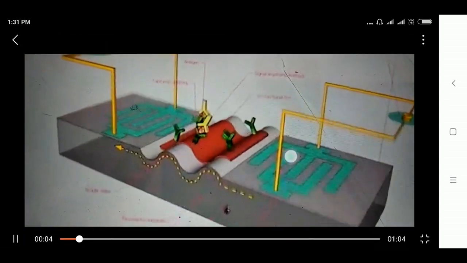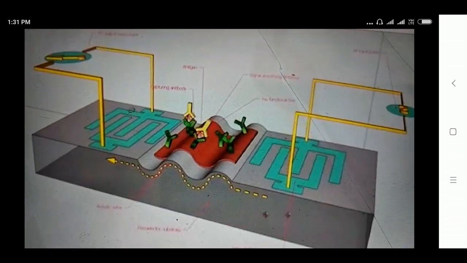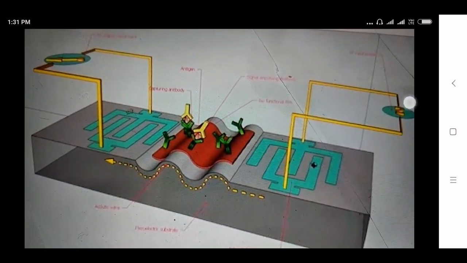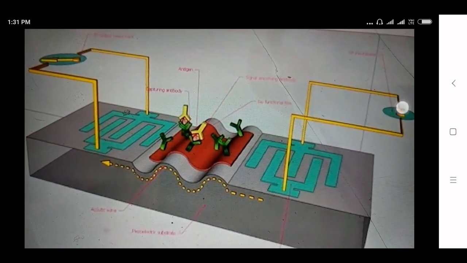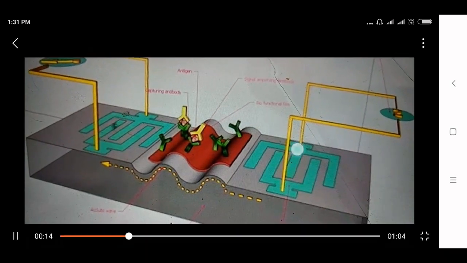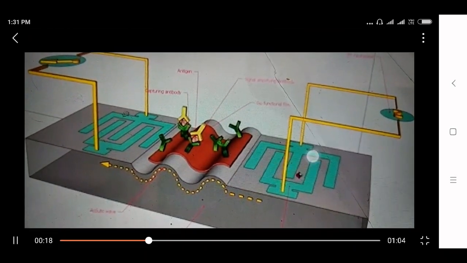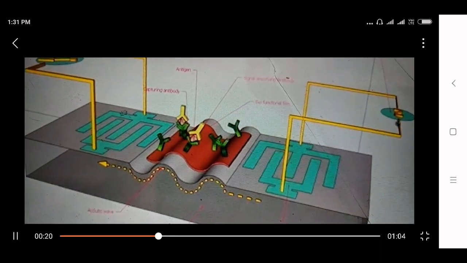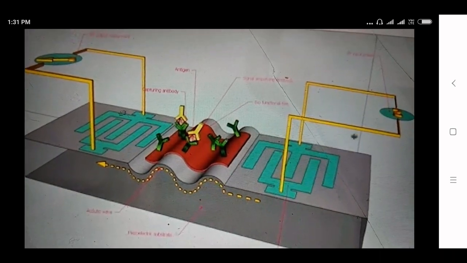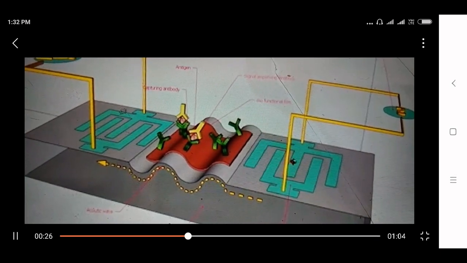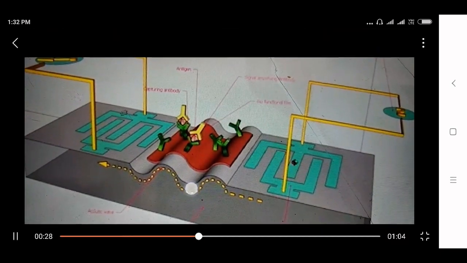You have an input IDT here and an output IDT. The input IDT, when supplied with an electrical signal, would convert it into deformations. That is, the positive charge and negative charge. Positive polarity would expand the piezoelectric substrate and the negative charge would compress the